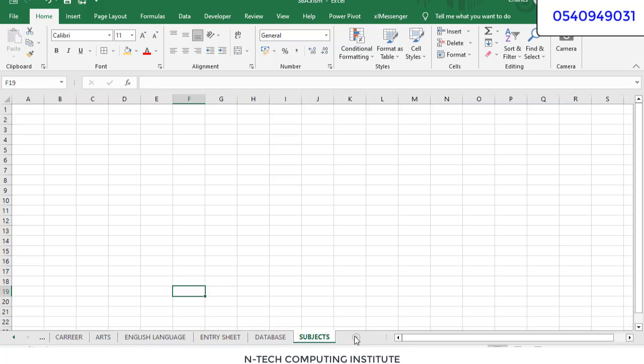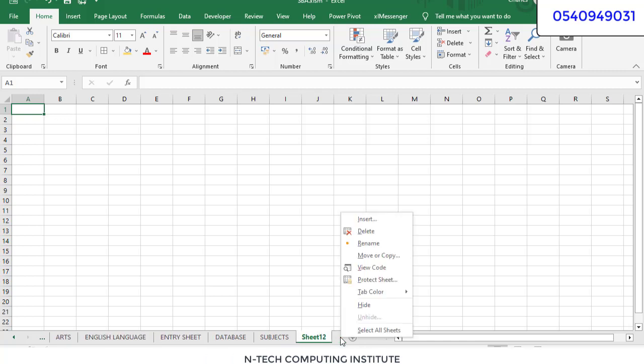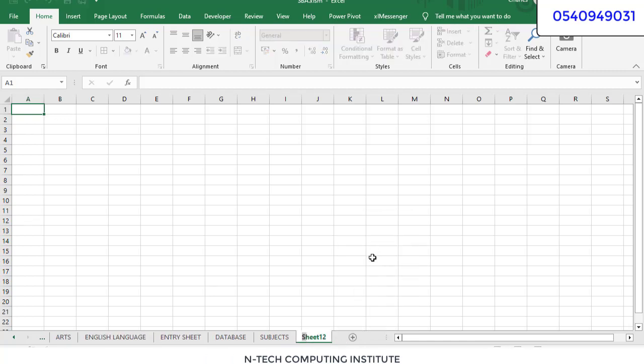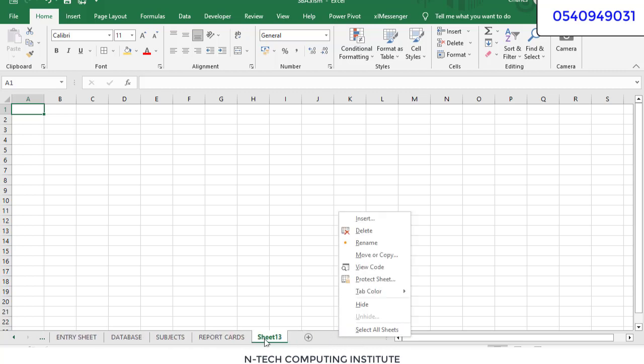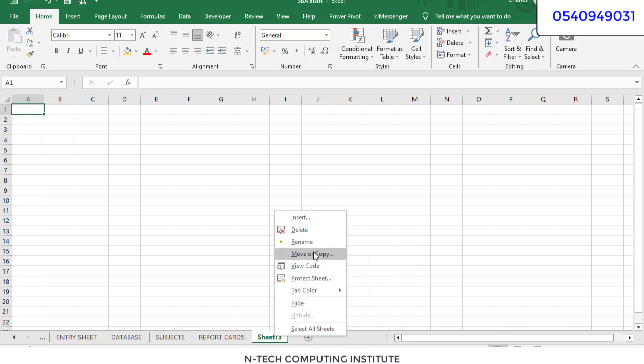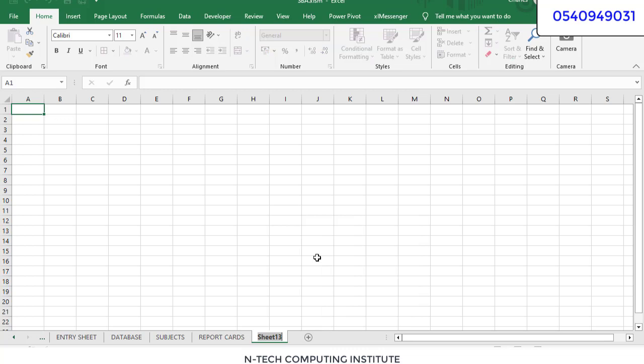And then one more thing that we need to create. Let's create report cards. Report cards. And then finally, we have created another one here. So let us rename. We are creating